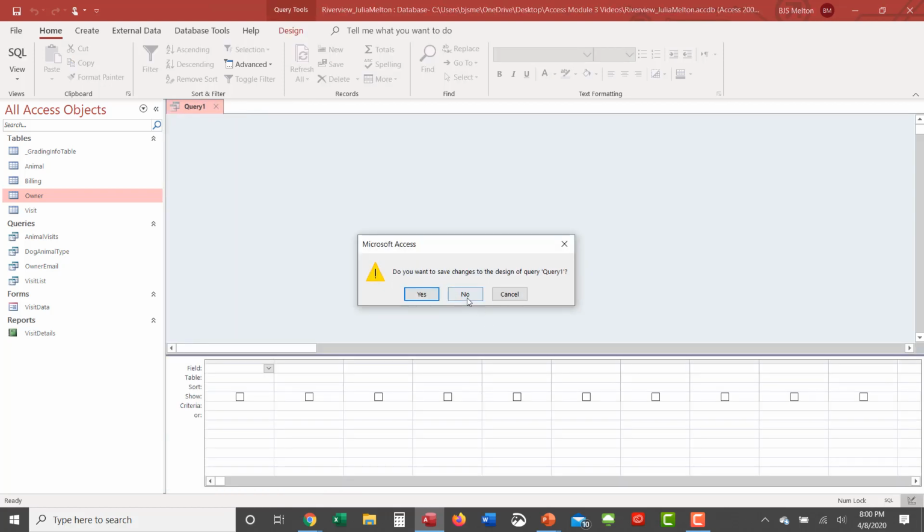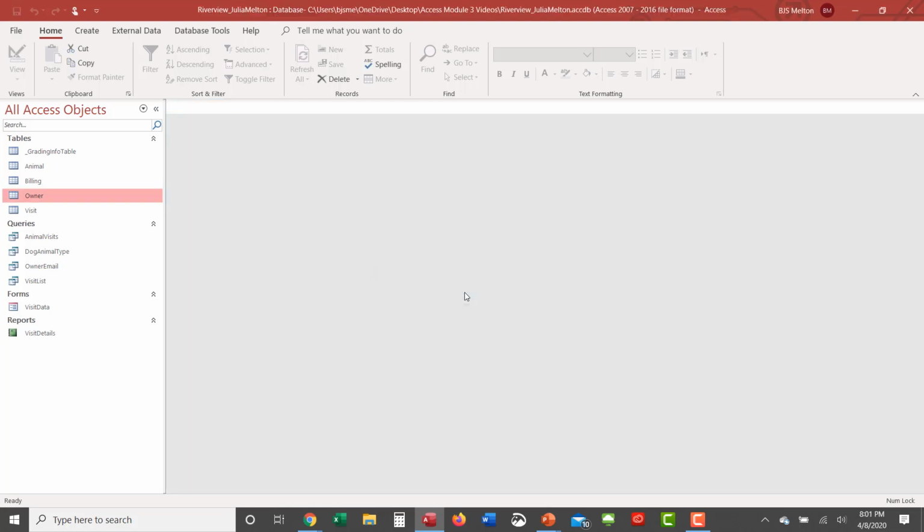And I had an extra query open, so I'm going to close that as well. Okay, so the next thing that we're looking at is Kimberly wants us to create a new query where animal types have not been to the care center recently. This allows her staff to follow up with their owners by sending them reminder notes or emails. So we're also going to check and see if any visit date value is less than January 1st